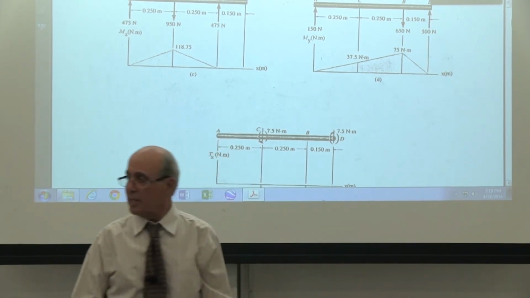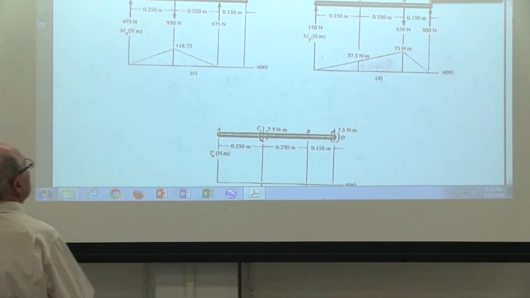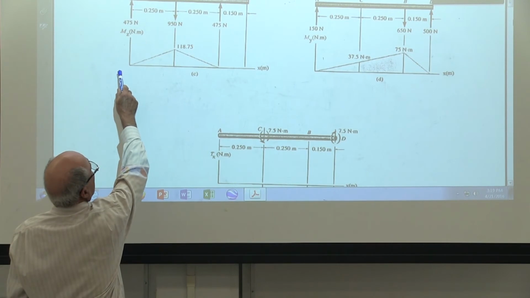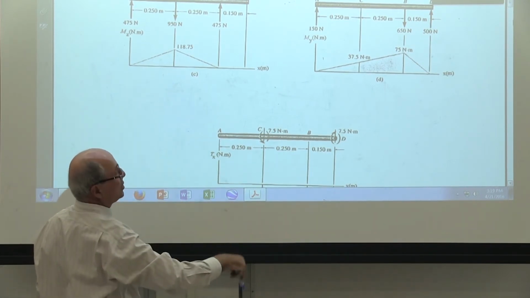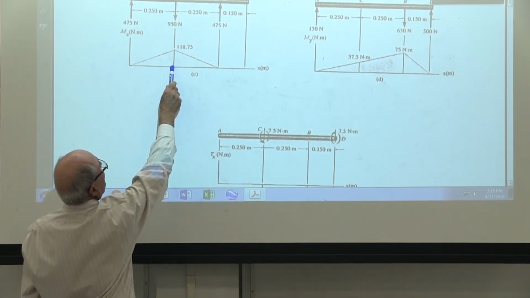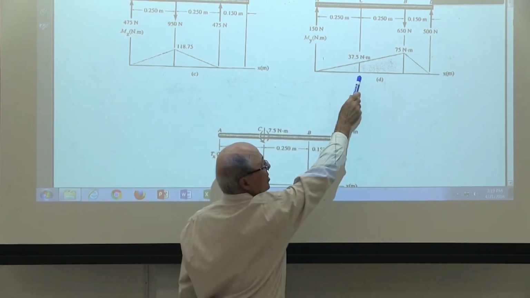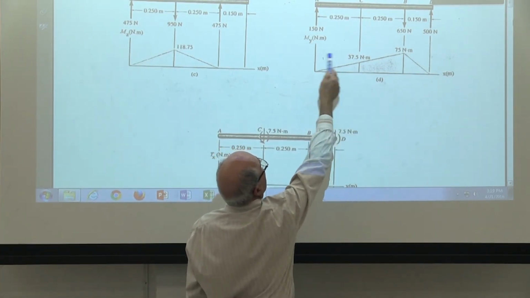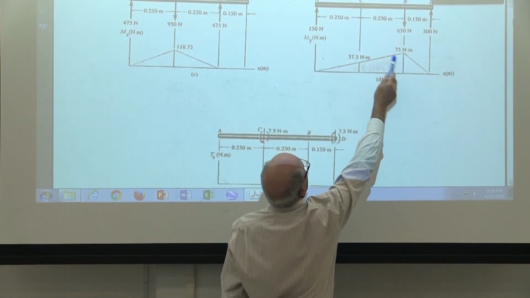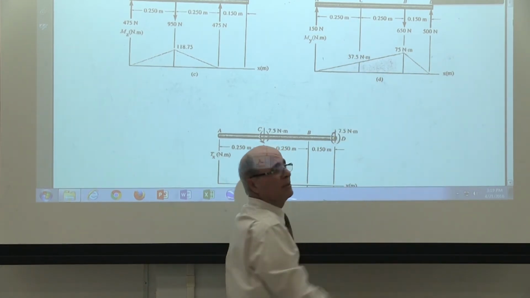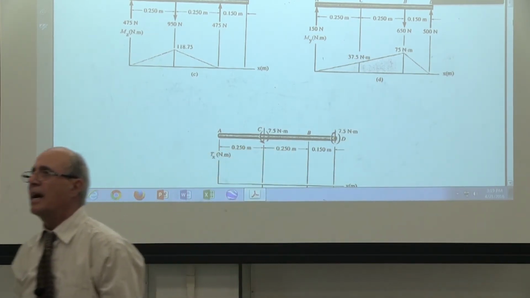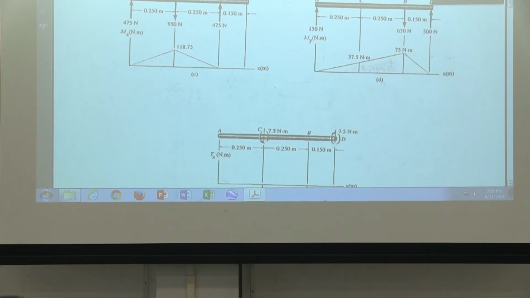One more time, I'm making reference to that. Guys, at this point it is 0, 0, 0. At that point, the torque was 7.5. This is 117, and this is 37.5, based on the ratio of this being half and half. So if this is 75, that's half. Then half of 75 is 37.5. Everybody see that? So what goes into that equation for this problem, which you want to finish?